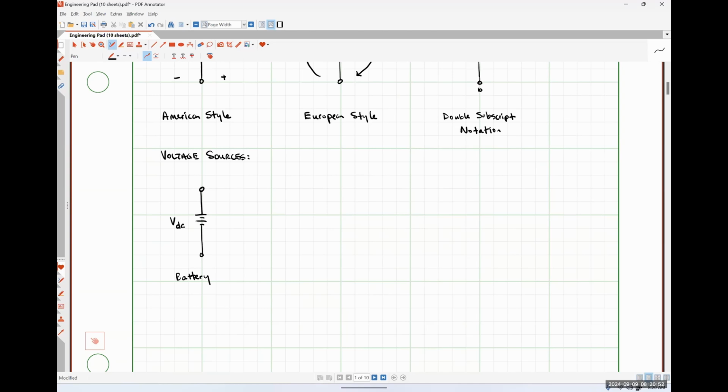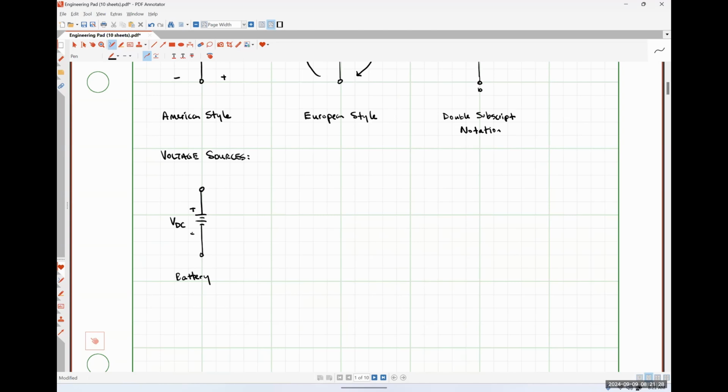And I want to be clear here. Actually, let me go slightly further. Let me erase that lowercase DC and put a capital DC. So when I use capital letters, that typically means that I'm talking about DC or time invariant quantities. And when I use lowercase letters, I'm going to be talking about AC or time varying quantities. Okay. So in a battery, the long line is the positive polarity terminal,